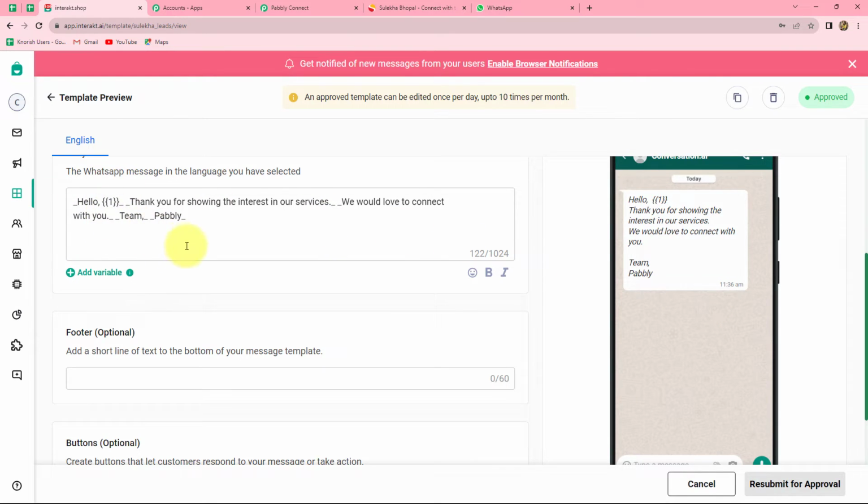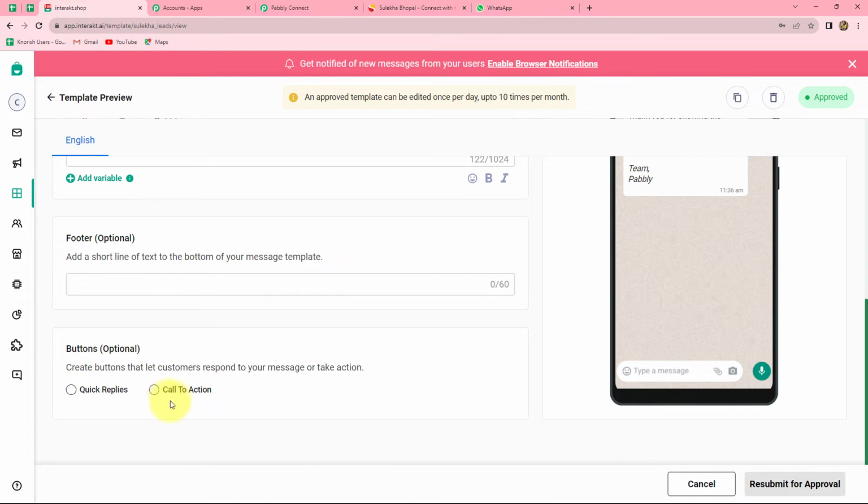Okay, and in the place of variable, you have to give the samples while creating the template, that what value you want in the place of this variable. So here in the place of this variable, I want the name of the lead. Okay, and here in this message, you can also attach a call to action button,